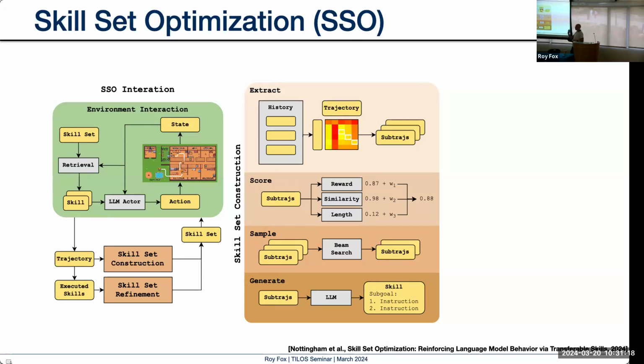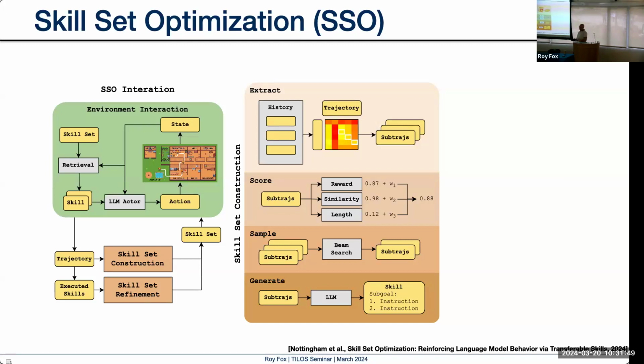Great, so once we have those identified, we take a sub-trajectory and we extract rewards, similarity and length scores for it, sort of to see, is this a good candidate for something that really generalizes? It needs to give us a high reward, otherwise it's not worth it. It needs to be really similar to another thing, and it needs to have some substantial length, not just 1 step or 2, so that we can actually have this temporal abstraction.